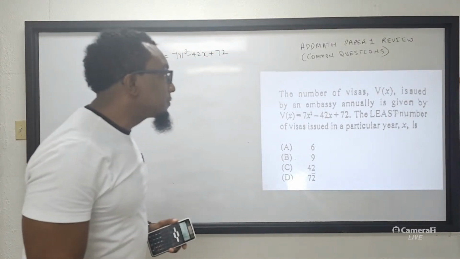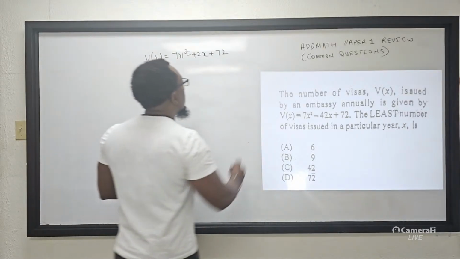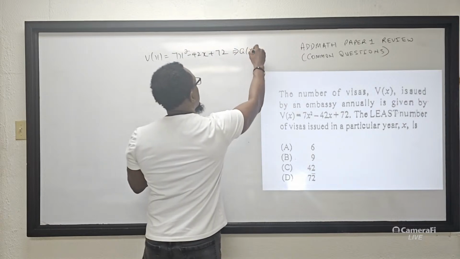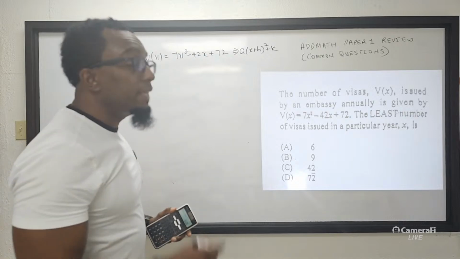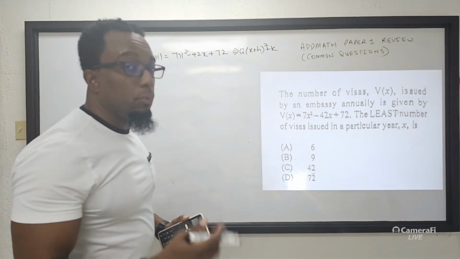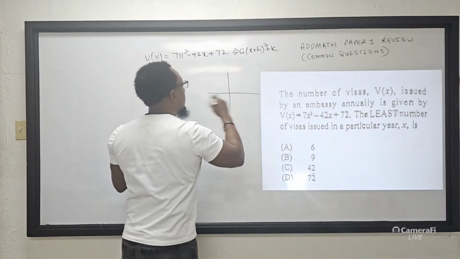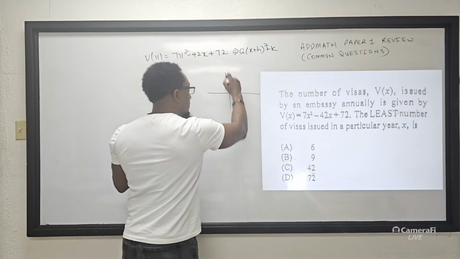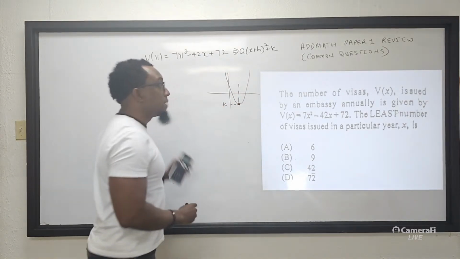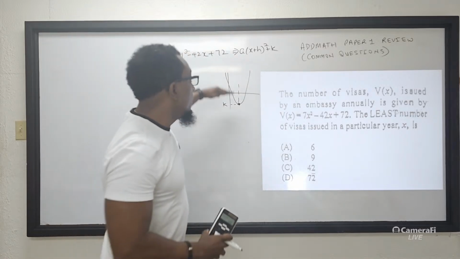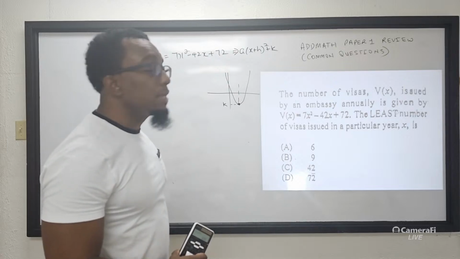And if we have to determine the least number of visas issued, what it requires us to do is to complete the square. We have to convert this into the form a(x plus h) all squared plus k, where k is what you call the minimum value of the quadratic. This is a quadratic function, and k is the minimum value. This is your turning point. K is the minimum. In this case, we're looking at the least number. So k is the minimum value of the quadratic function, which will also represent the least number of visas issued